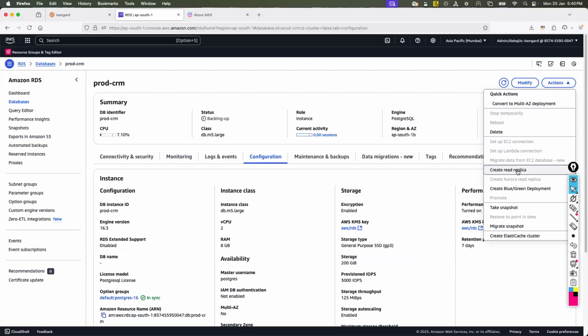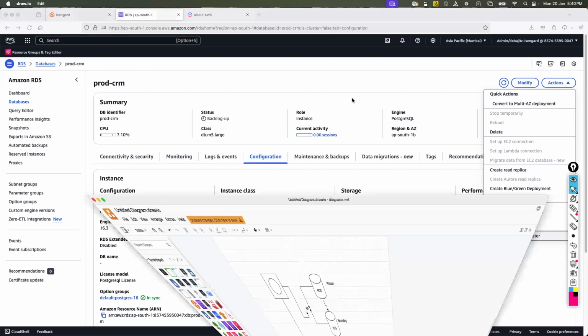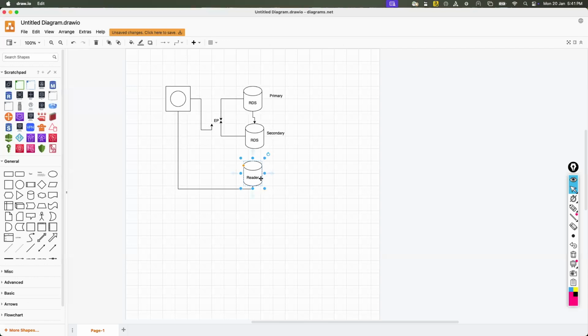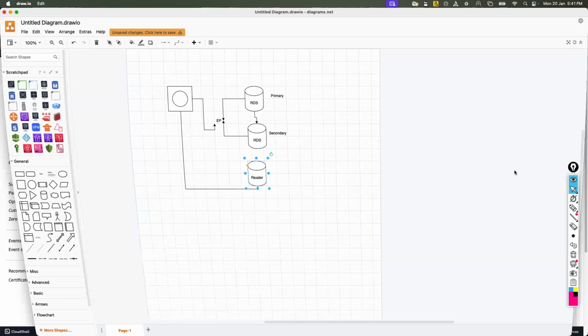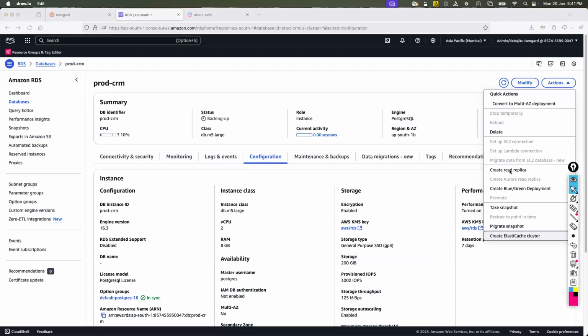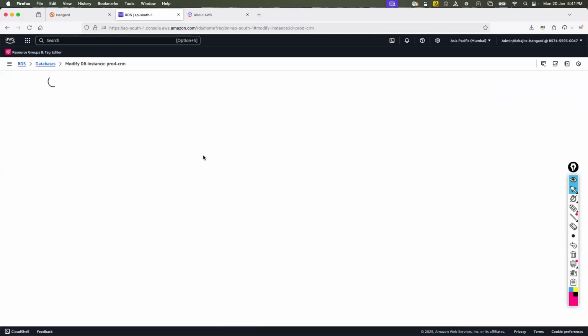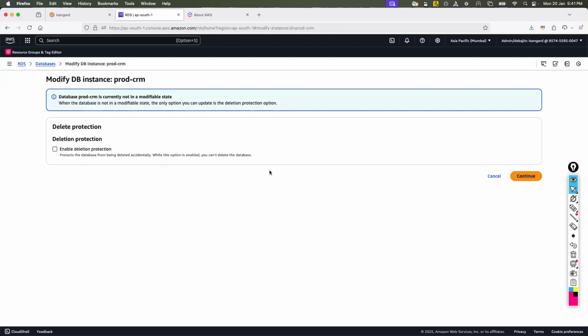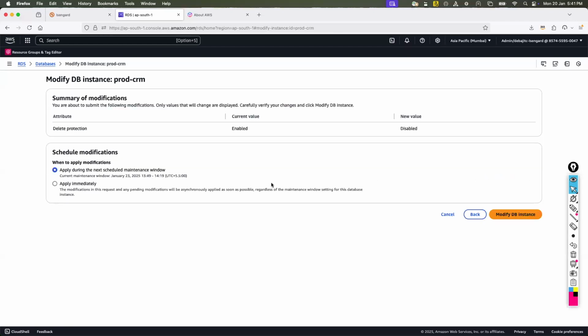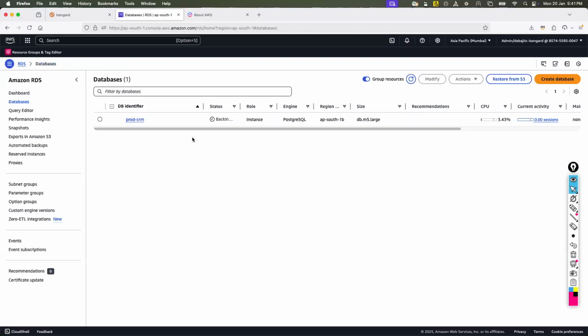So this is something I just wanted to emphasize, that when you have to create the replica, a replica is nothing but a reader instance, okay? So if you need the read replica, all you need to do is create it. I can tell you this read replica is very, very important. Many times throughout my career I've seen it can save your life in terms of database performance.